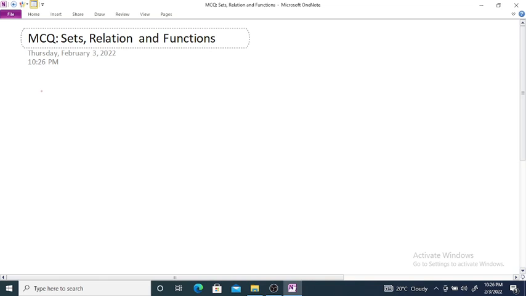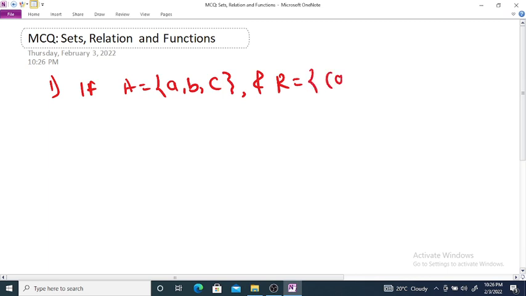Multiple choice questions on sets, relation and function. Number 1, if A is equal to {A, B, C}, that is set A contains three elements, and the set R is equal to {(A, B), (B, C), (C, A), (A, B)}, AB is a relation on